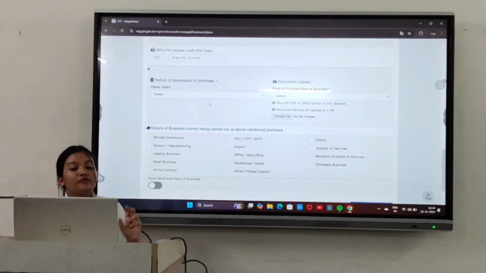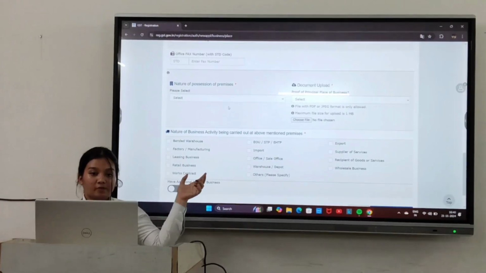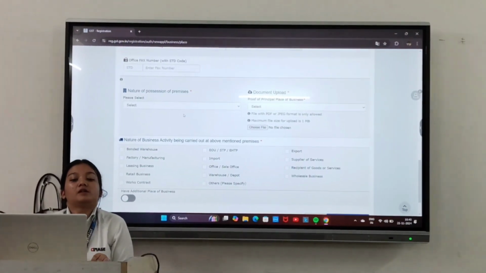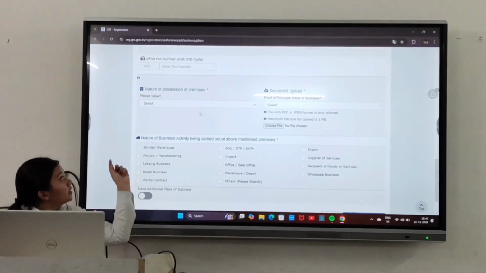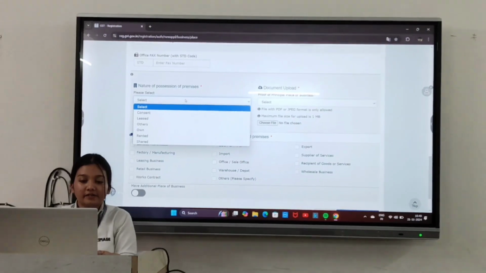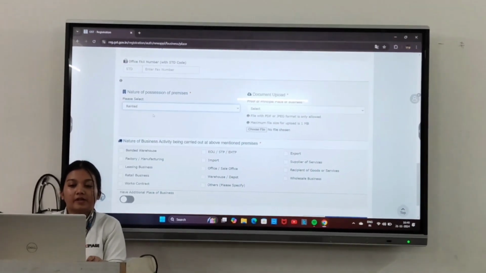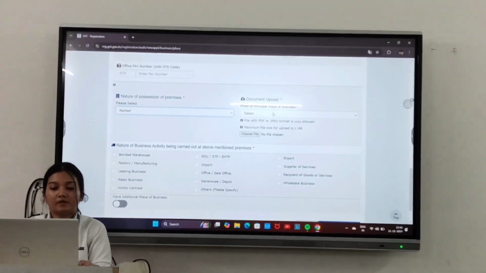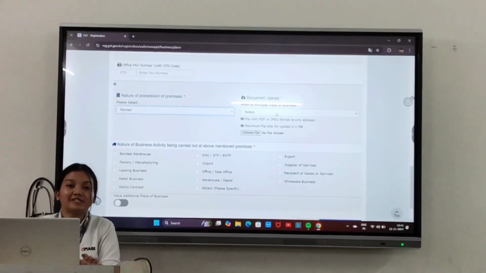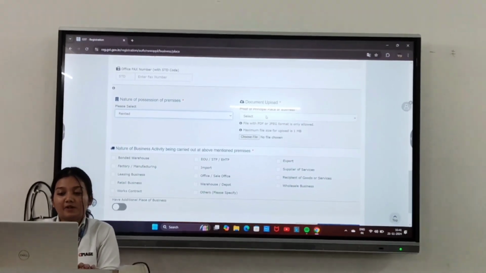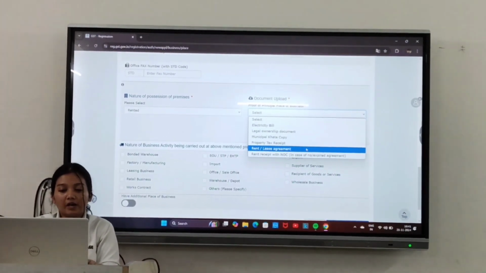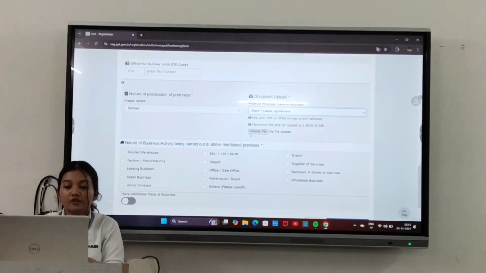And here I have to upload the document for possession of business. Firstly, I have to select the nature of possession of business. I will select rented, because my premises are rented. Now I have to upload the document. So I click on rent agreement and upload the document.